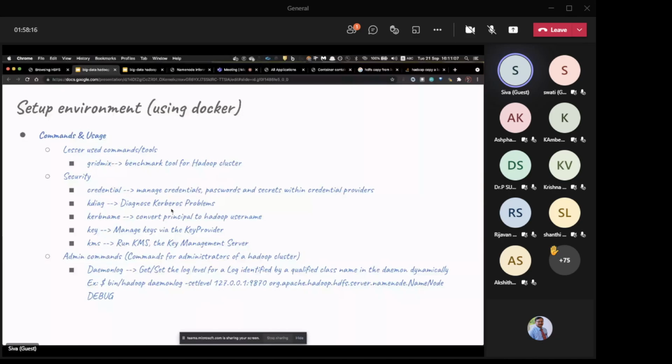to the Kerberos protocol, and so you can authenticate, and then once the authentication is done, the credentials and passwords and secrets can be stored within the credential providers, and you can have Hadoop use the specific credential providers for validating the operations, whether it be reading and writing files, or the execution of the jobs, right? So that's all controlled